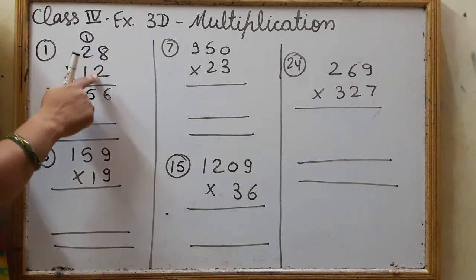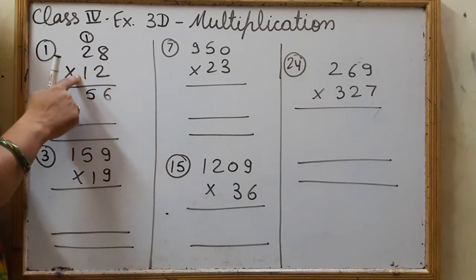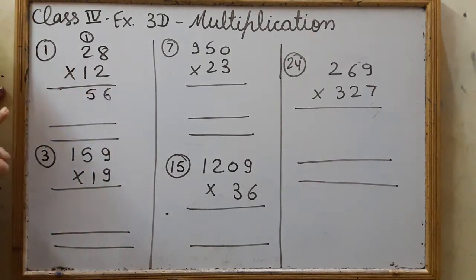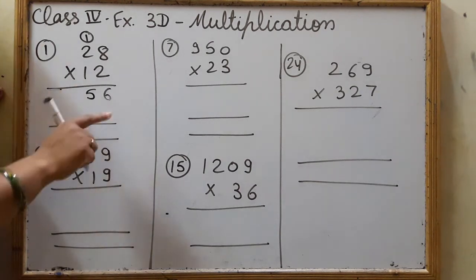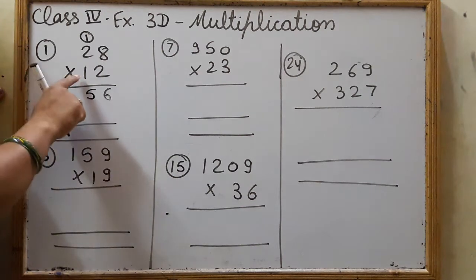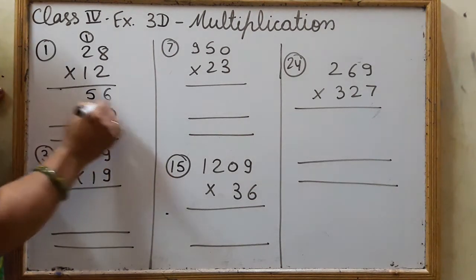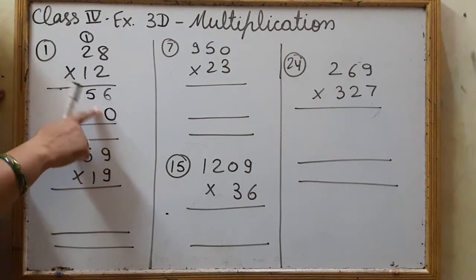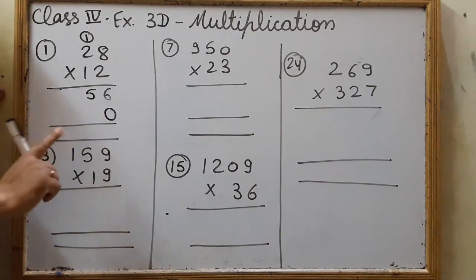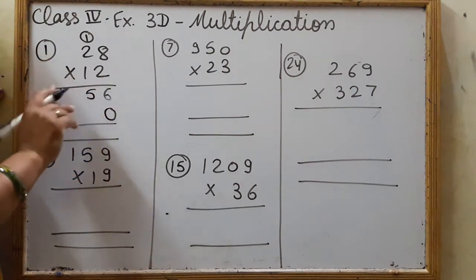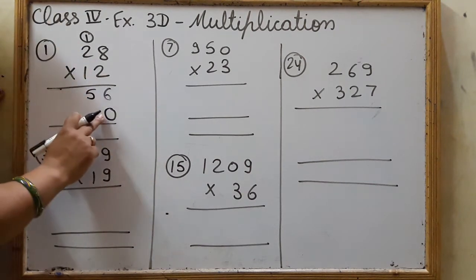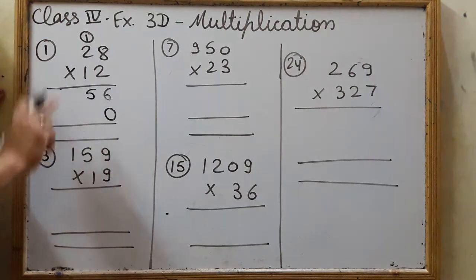Now beta, in 12 this is 2 and this is 10 actually. Because we are multiplying by 10, in the last exercise we have seen that whenever we multiply any number by 10, in the product we also add a 0. So here also we will add a 0 because this is a tens number. Don't forget about adding 0, otherwise your multiplication will be wrong. Firstly we will add a 0 here and then we will start to multiply.